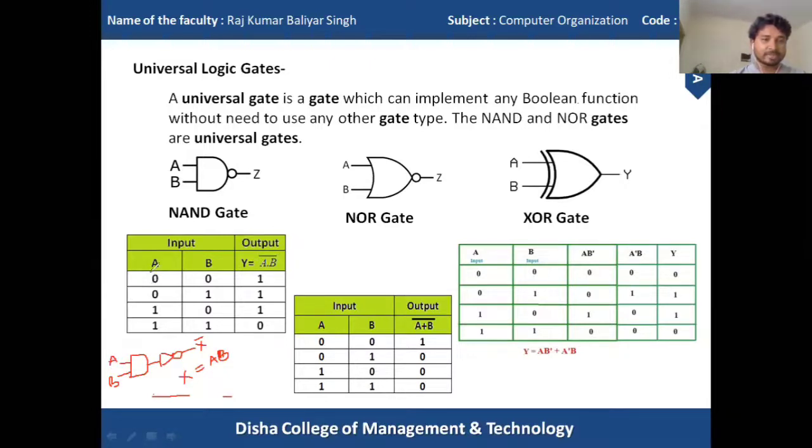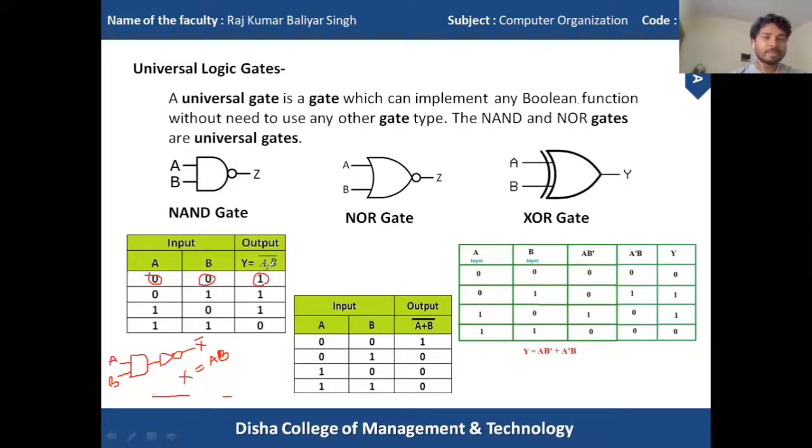As I supply 0, 0 as the input A, B, then I will get 1 as the output. So you can say it is the opposite of the AND gate, because the output of the AND gate is 0 if we supply 0 0, unless we are supplying 1 1 at the input terminal. But in case of NAND gate, when we supply 0 0, we get the 1 value.